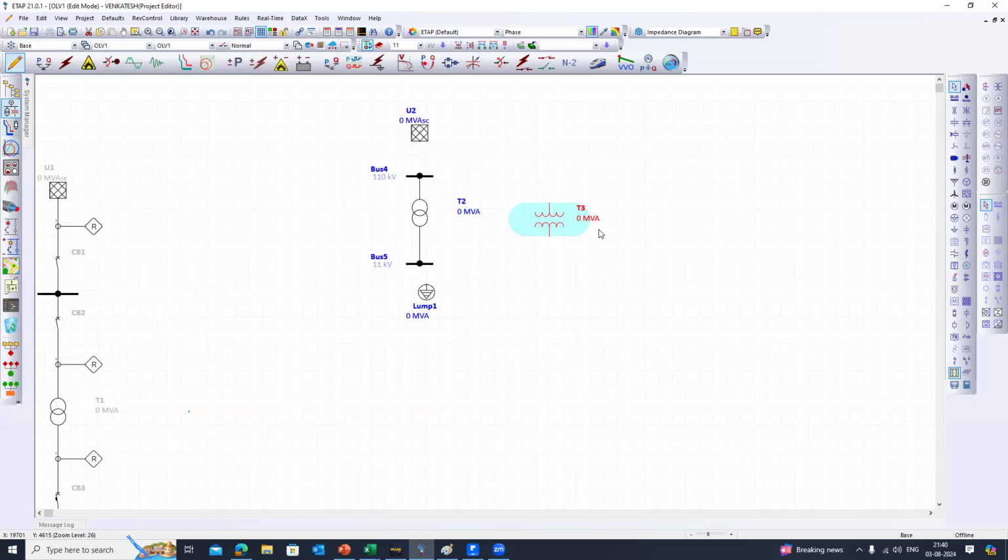Why? Because with respect to the transformer rating, why is this understanding important? Because with respect to the transformer rating, IEC and ANSI define the rating of the transformer in completely different ways. IEC defines that the rating of both the HV and the LV winding remains the same, so essentially the effective loading of the transformer will come down. But as far as the ANSI standard is concerned, the rating means the maximum loading that the transformer is able to handle. So with respect to the rating, IEC follows one way, whereas ANSI follows a different way. Okay. If you belong to the countries which follow the ANSI standard, probably